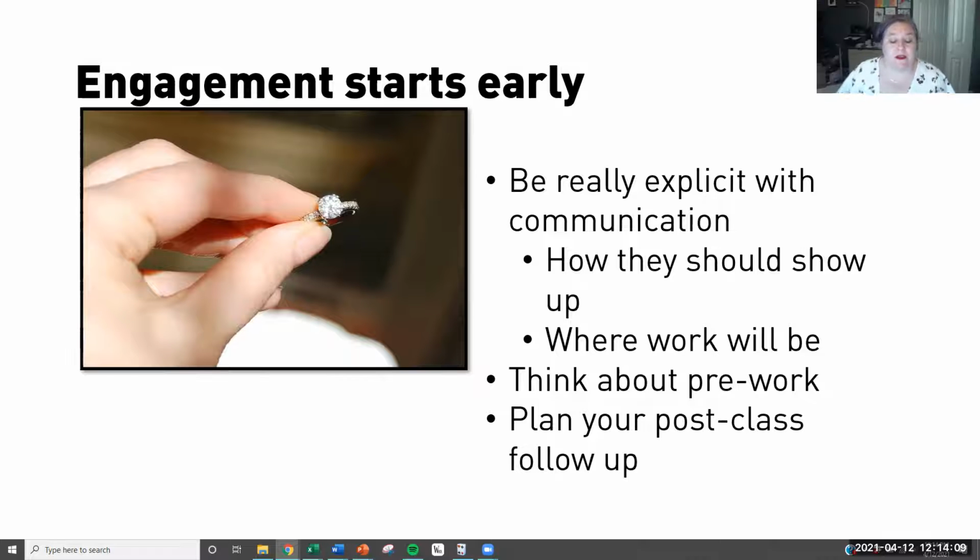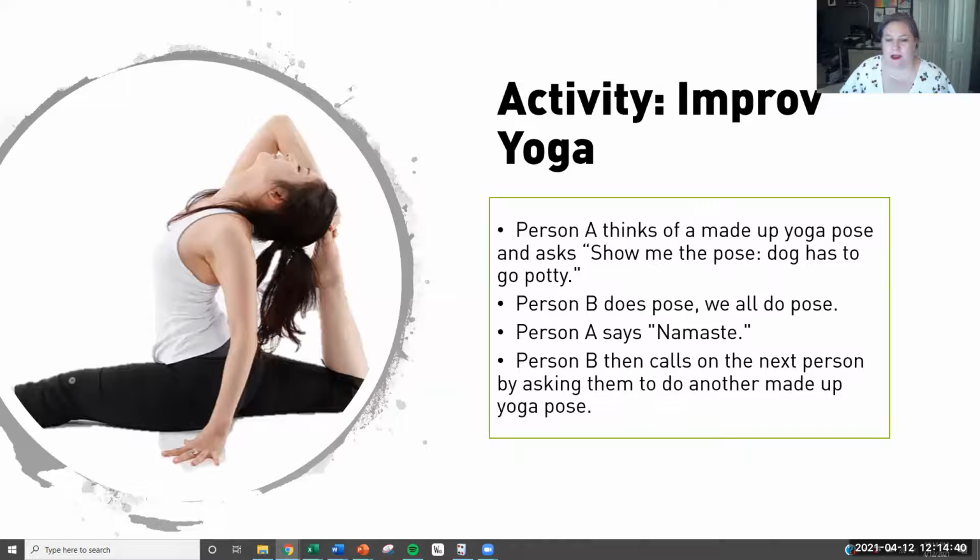So speaking of something that's quick and is a way to get folks onto camera, because they need to be on camera to participate. Beth and I, over the course of the last 14 months, have gotten really into yoga, particularly Yoga with Adriene. We love her. She doesn't know she's our best friend, but she is. And this is not that. This is improv yoga.